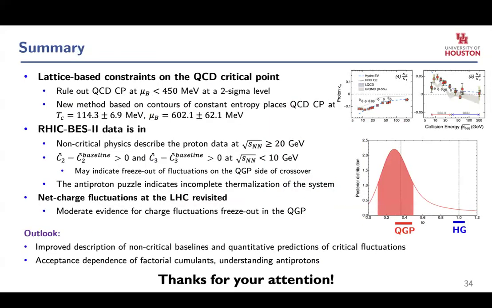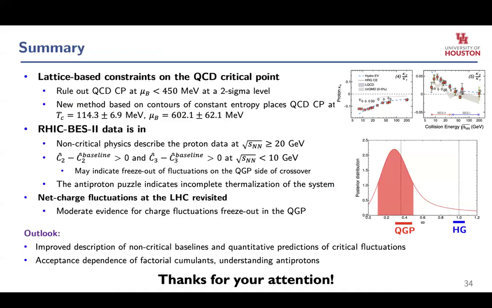Okay, so I'm over time here. There were a bunch of topics. So this is my summary. There are some quantitative constraints on QCD, critical point exclusion, and some indications of where it might be beyond that. For BES-II data, we have non-critical physics describing proton cumulants above 20 GeV, and deviations from the baseline below 10 GeV, roughly, which may indicate the result of fluctuations on the QGP side of the crossover